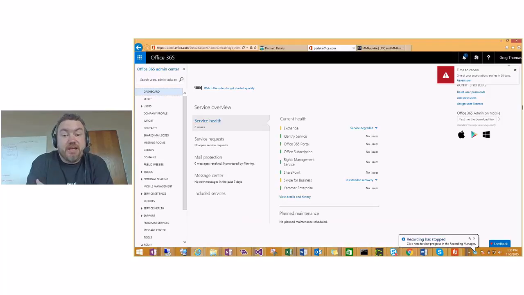Having the domain in Office 365 allows you to do a lot of extra things, like having your own Skype for Business address with your domain and having your own email address in Exchange Online in your domain. And you can host SharePoint with your domain name. So there are a lot of advantages to actually bringing your domain into Office 365, and it makes Office 365 that much more useful. So today we're going to talk about how easy it is to add your domain,